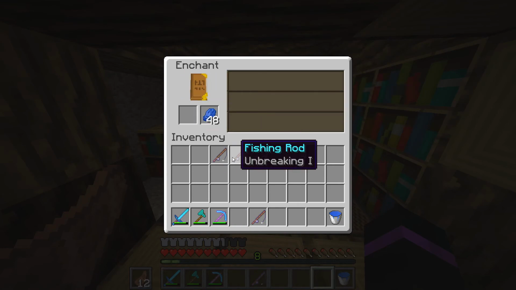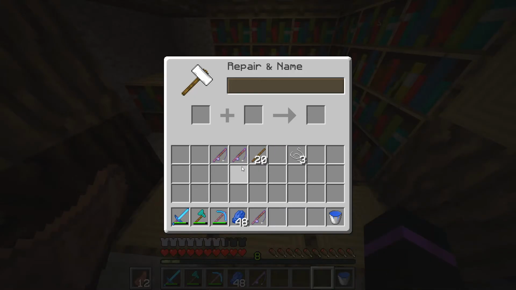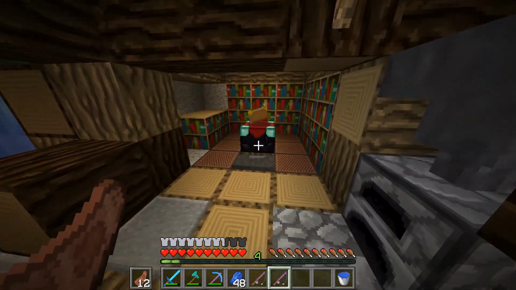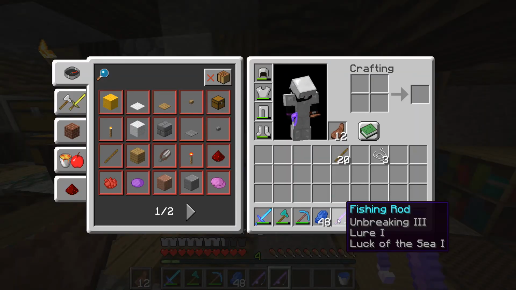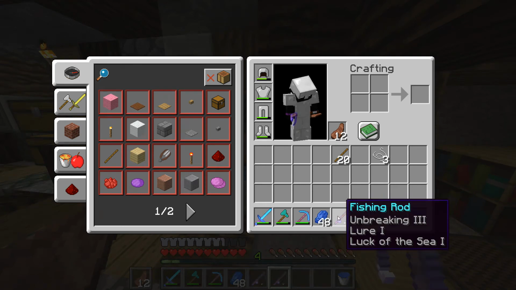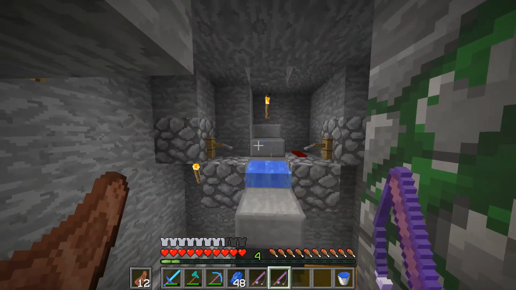Just a breaking one. So we have that one to combine, and that should be everything that we can get right now. I'm going to AFK for a bit, not too long, and see if we do get anything from this. I doubt we will, since it is only one, but if we can get a good rod, that'd be a